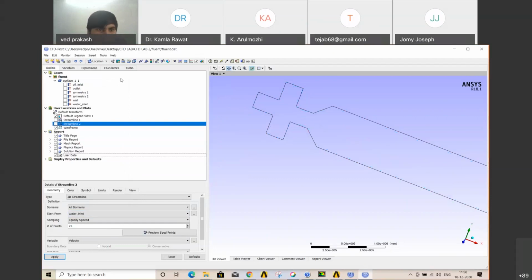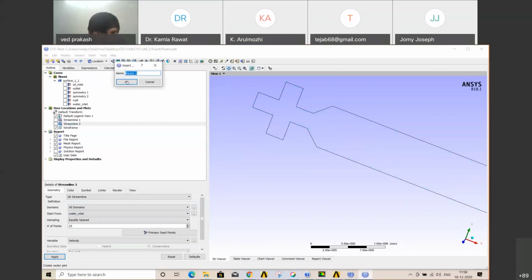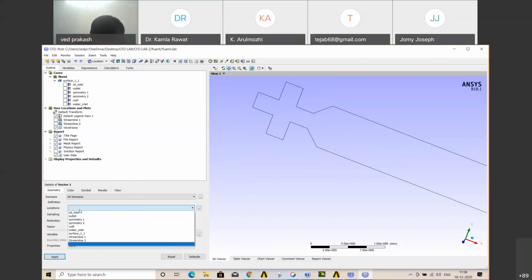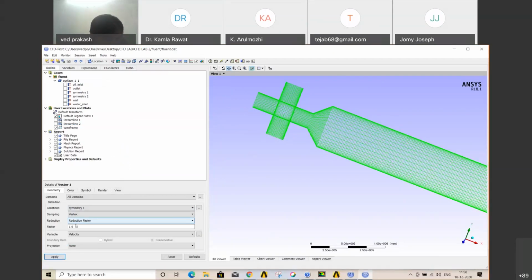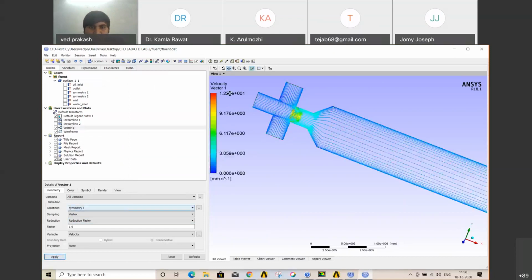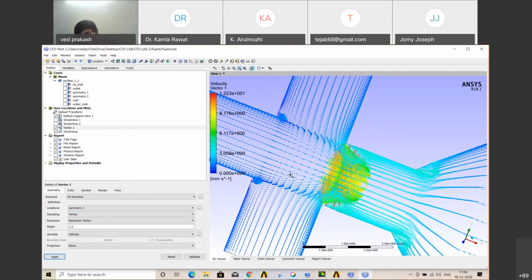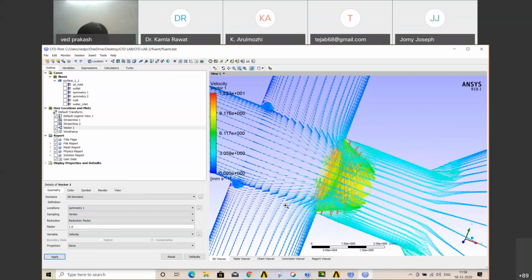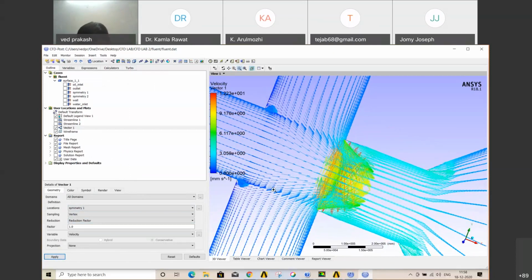You can also check the vectors. Okay, the symmetry one. All right, apply. Okay, so just let me zoom in. You can see from the vector profile that the vectors are very smoothly mixing with the oil bubble.